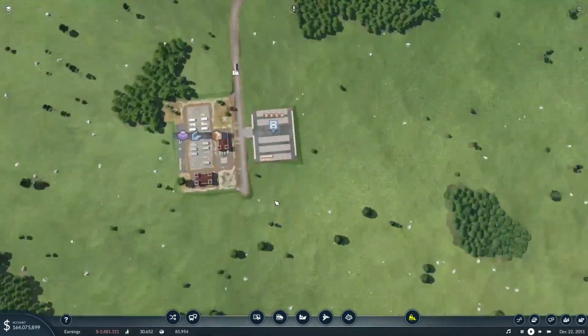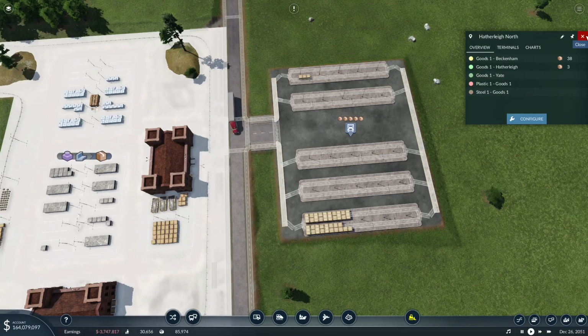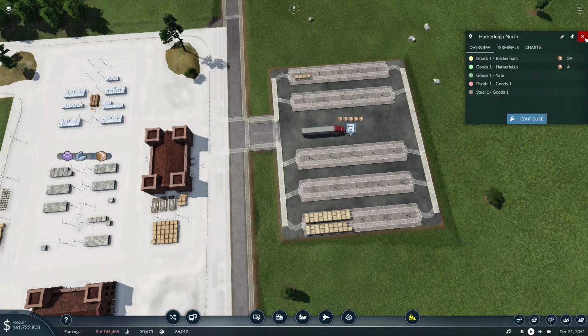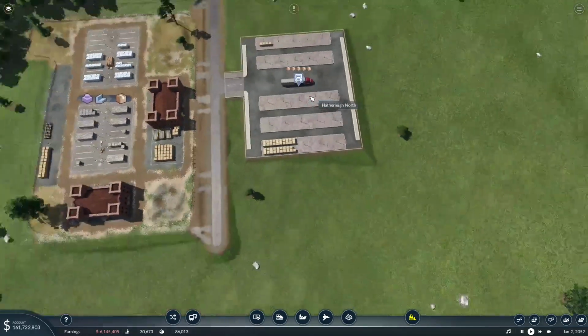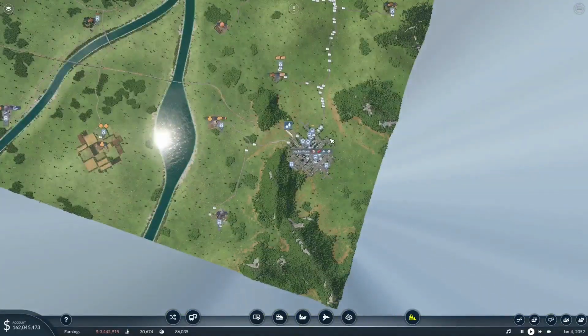Oh, we have iron ore piling up. Again, Yate doesn't have any goods. Yeah, if we just have one platform, then all of the trucks from all of the three cities would just go on one platform. We have to find some optimizations, but in the future,